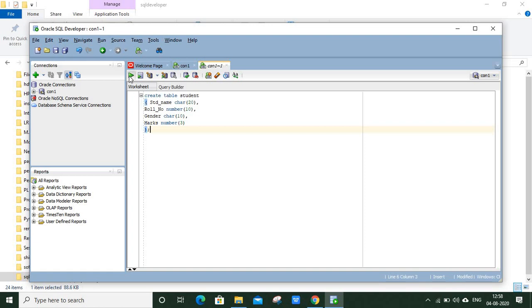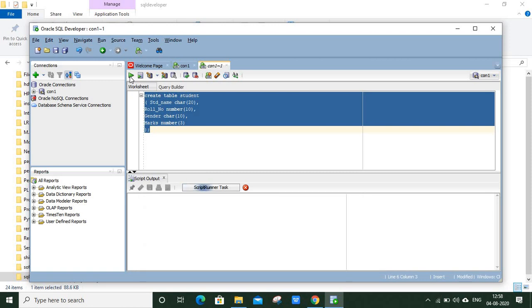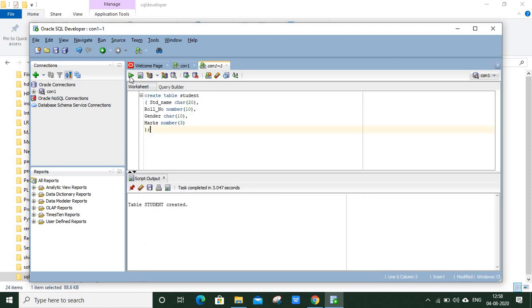and then run this SQL statement by clicking on this. If there is no syntactical issue, then this statement will create a table, and you will get this message, table student created. Now with this statement, we have just created an empty table. There is no data present in that table. So to enter